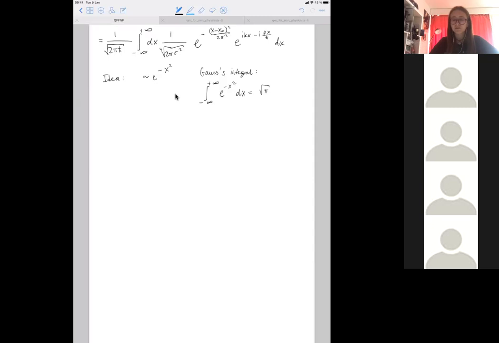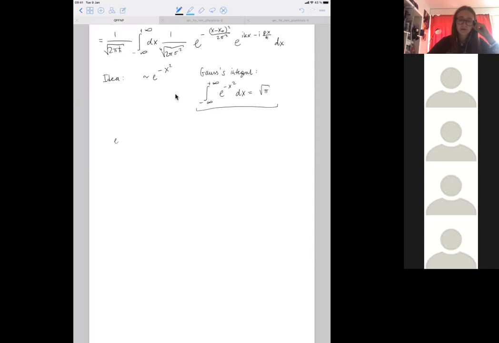I think it's quite a funny proof. And as soon as you see that you have an exponential of something that can be brought to a full square,